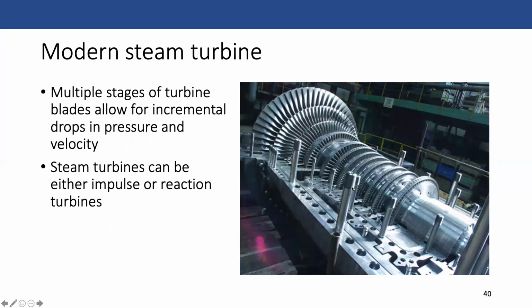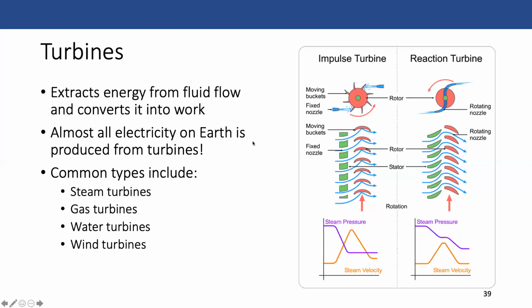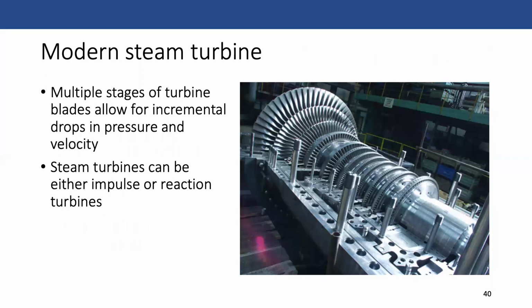You can imagine that, actually, if I go back here really quickly, when the air gets sent through here and it hits the rotor and then moves forward, it still has some energy, right? And so it's going to move through progressive sequences of these things to continue capturing the energy. And so you have multiple stages of these turbine blades going through here.